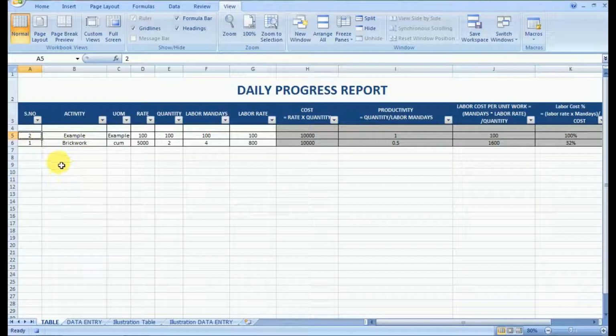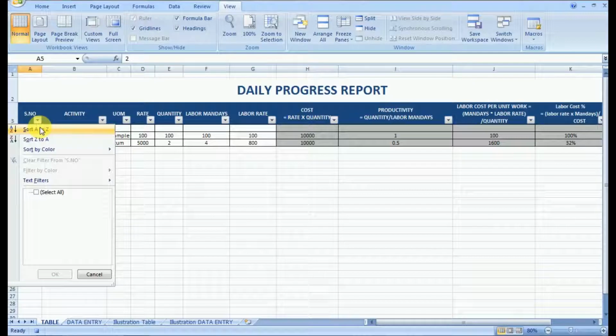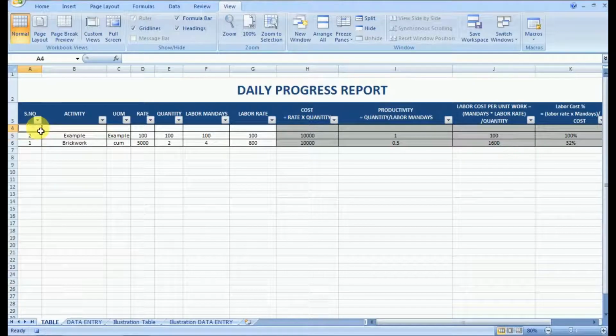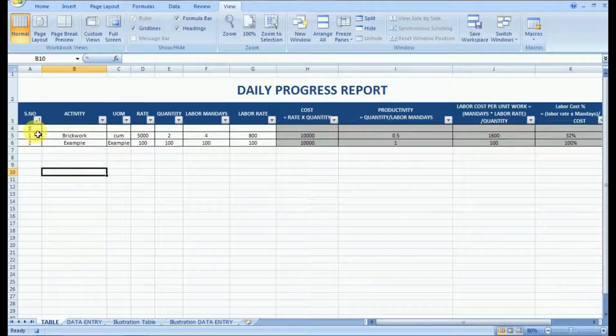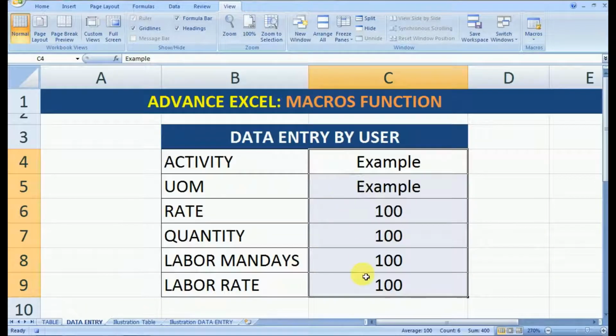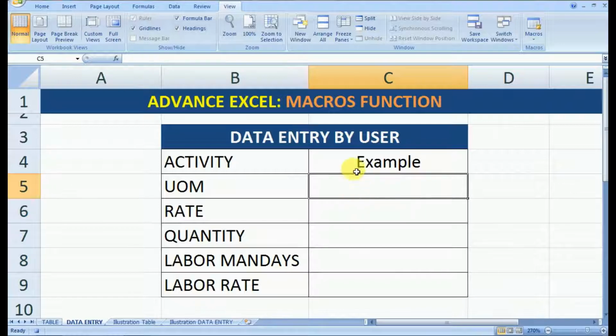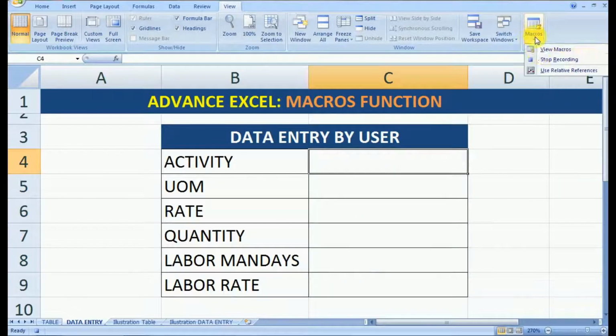Now we want to sort it in order, so there should not be any blank row. So we will put 0 in the blank row so that it takes the value and we can sort from smallest to largest value. The sorting has been done and the objective has been met. You can now delete each of these values, and once it is done, the recording purpose has been accomplished, and hence you can stop recording the macro.